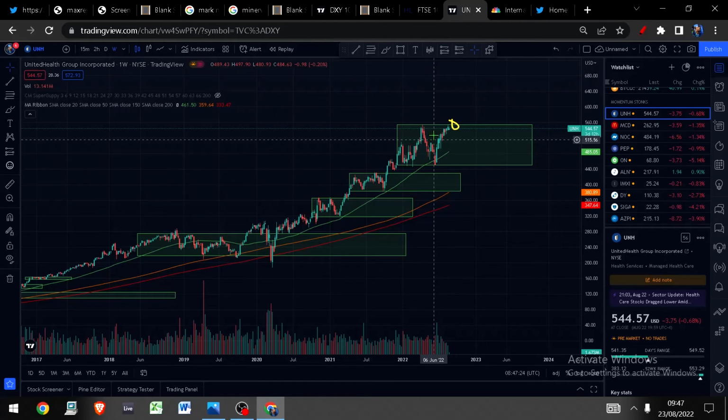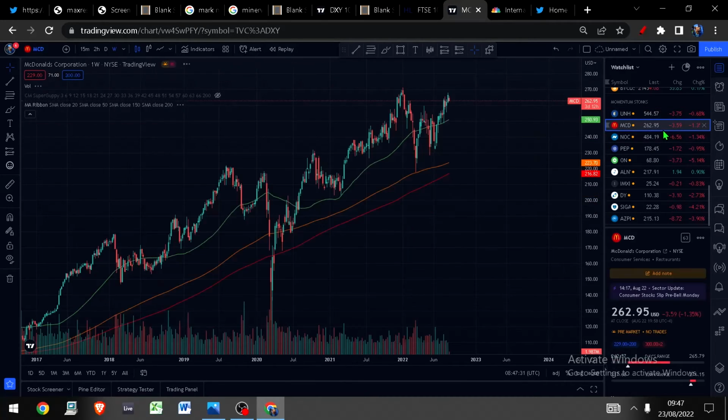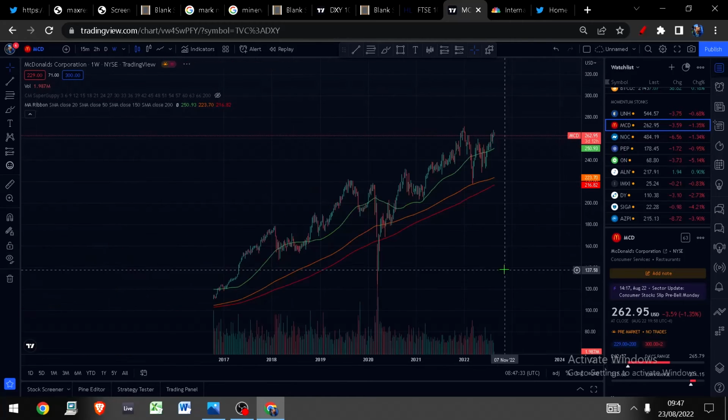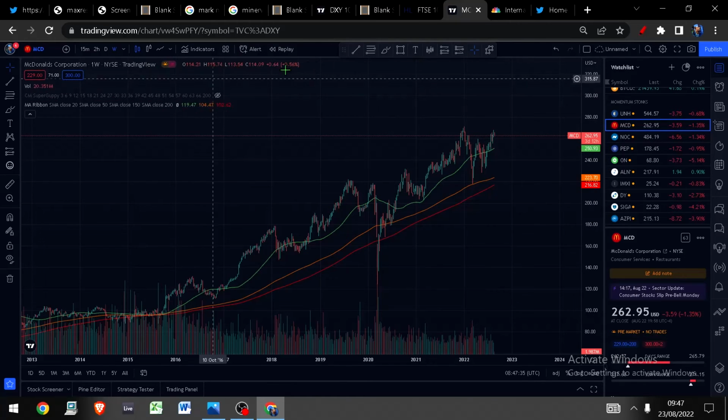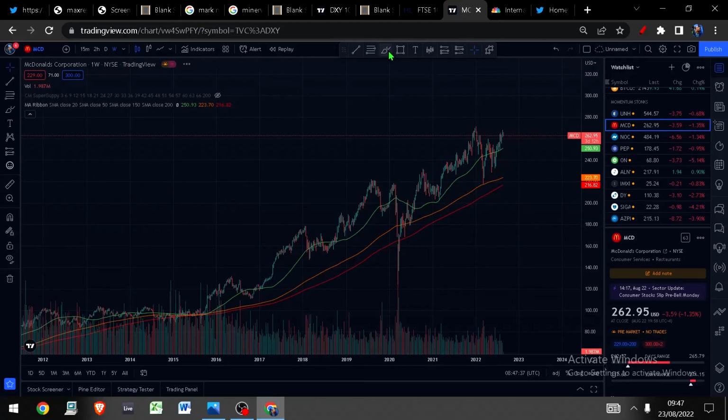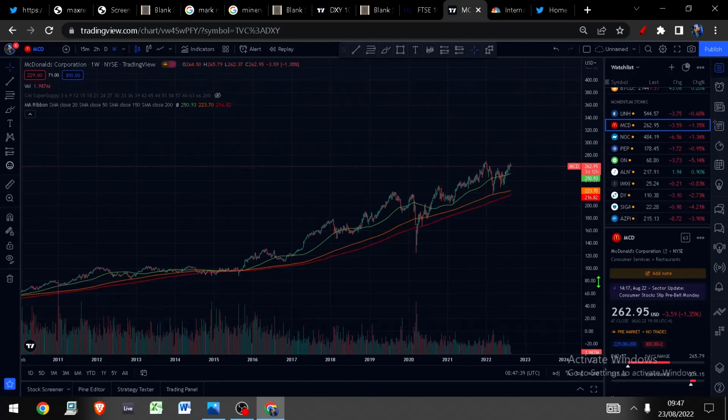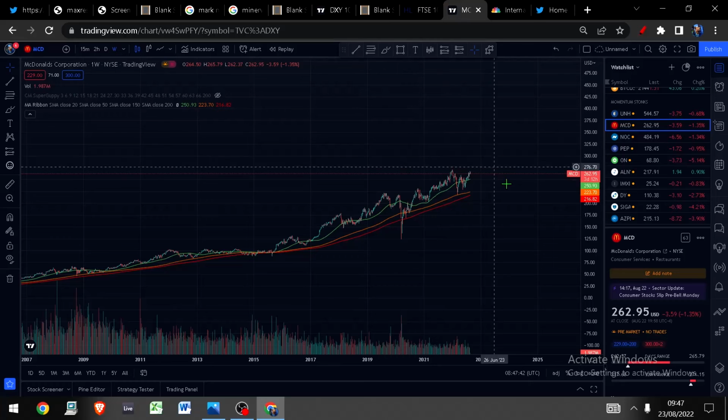Now, of course, you use a stop for a reason. You use a stop to manage the risk, so you must always use a stop, and you must let the stop do the worrying. So we're going to take this same concept and apply it to McDonald's here. We've got a weekly chart, so we can scroll out a bit, flatten the noise to make it seem less insane,